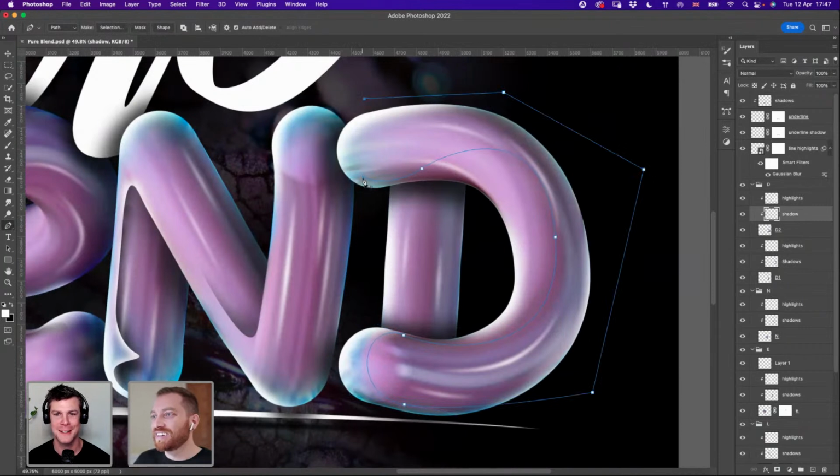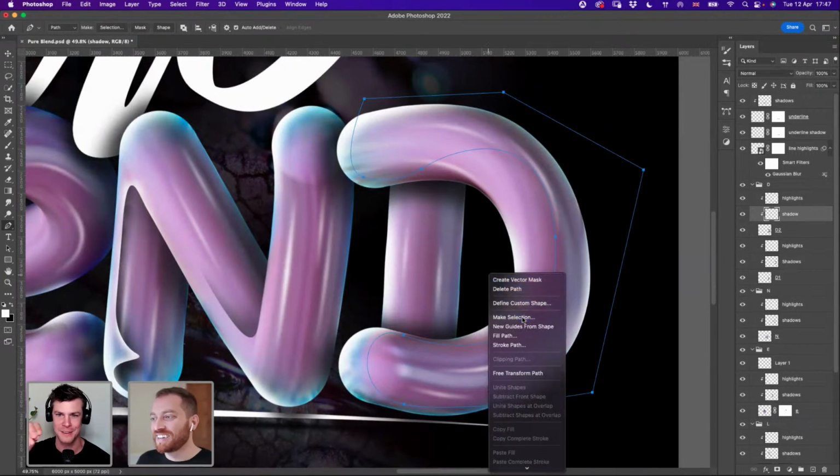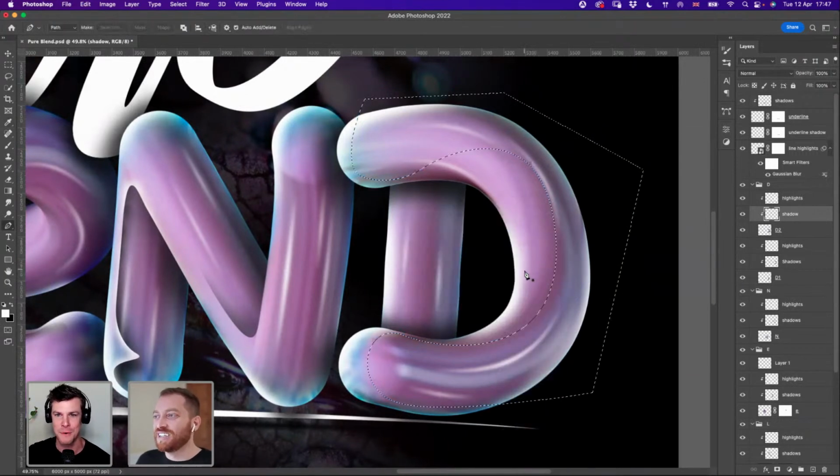So I tend to end up making a lot of detail layers at the end that I want to sit on top, like specular highlights or little dashes of light, that I want to be able to move around or delete at will.